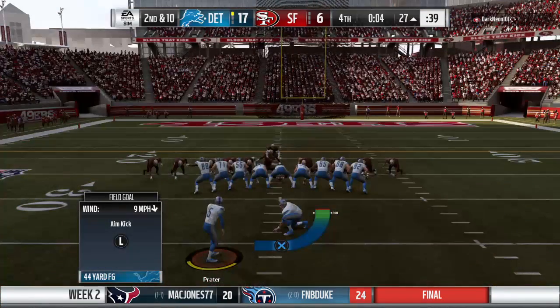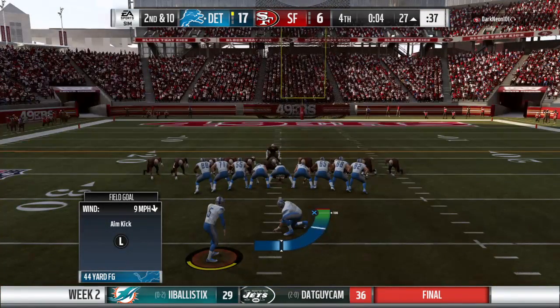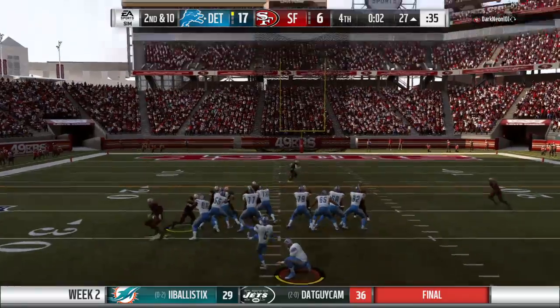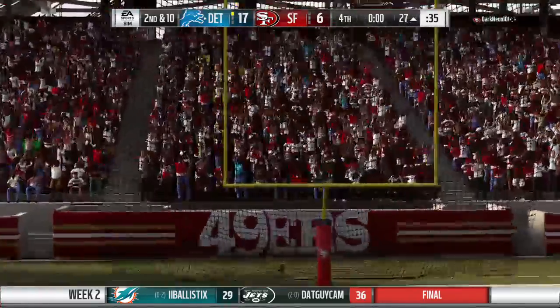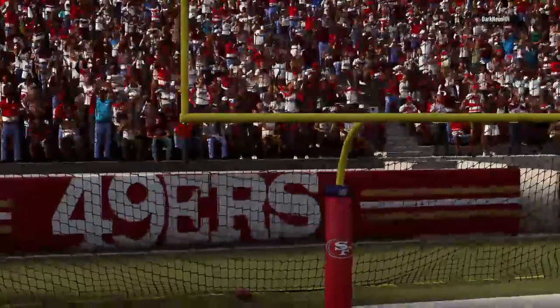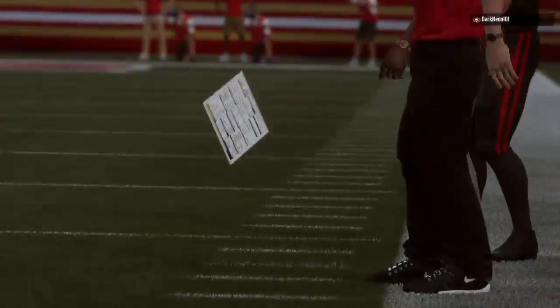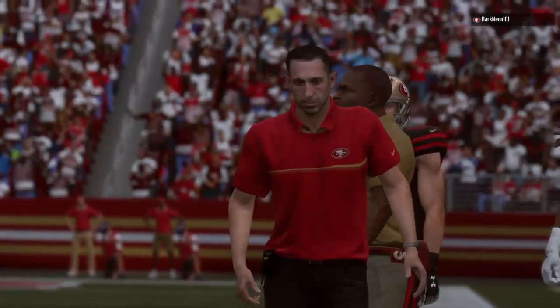Oh, now look at this. They're lining up to add 3 more. Little insult to injury here late in the game. He hit his first one. This from 44 yards out now. And the kick is good. So you wonder how this one might be remembered the next time these two teams meet. But until then, this game's over. A road win in the National